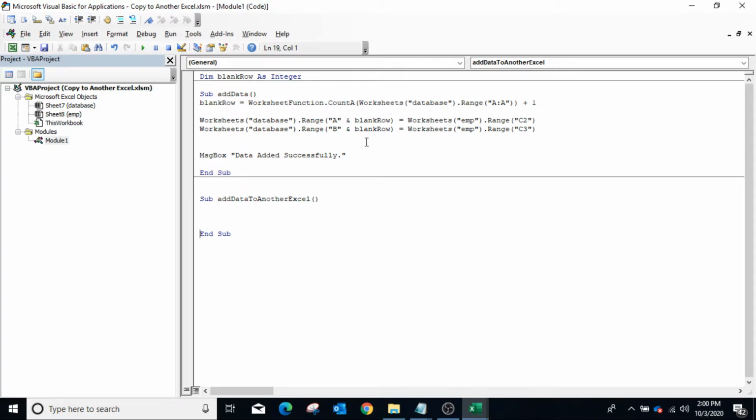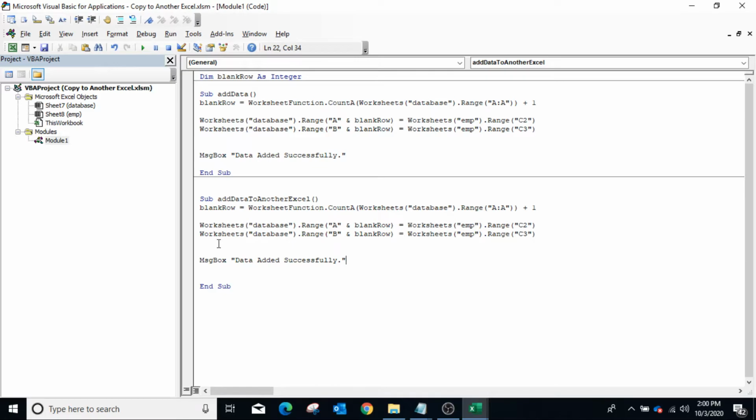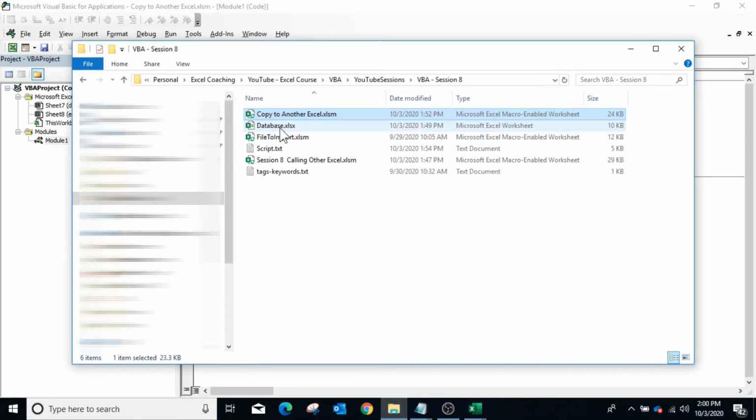So first copy the complete code. Now to refer sheet of another workbook, we will start the object hierarchy from workbooks, add reference of workbooks. So workbooks, and then in the workbooks we will specify the name of the workbook, which is database.xlsx.